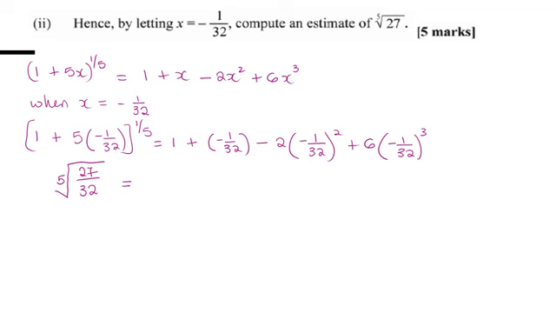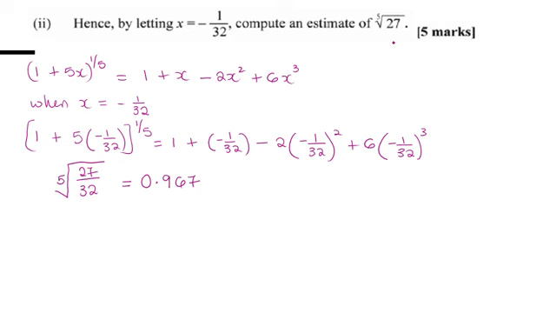And I get 0.967. All right. Now, we don't stop here because the question asks us to estimate the fifth root of 27,